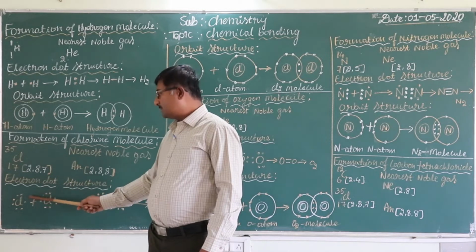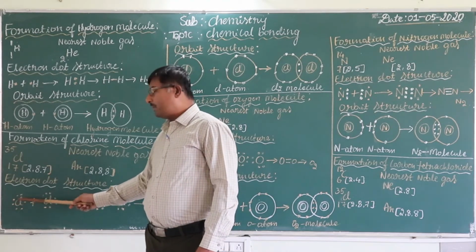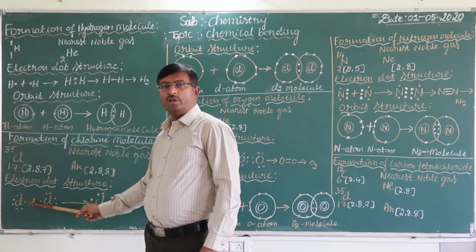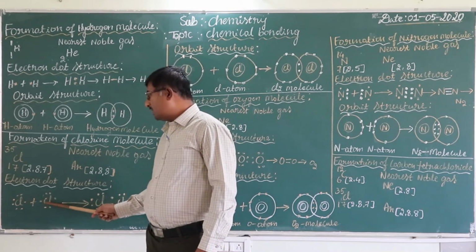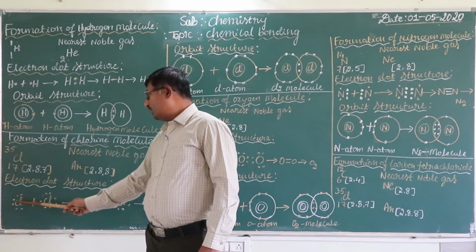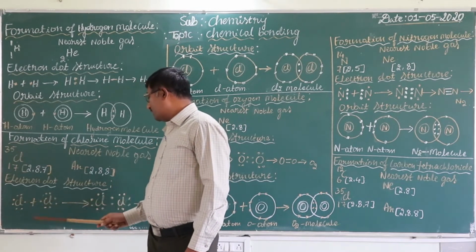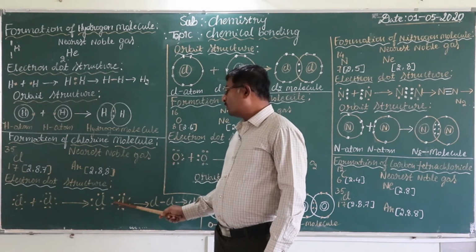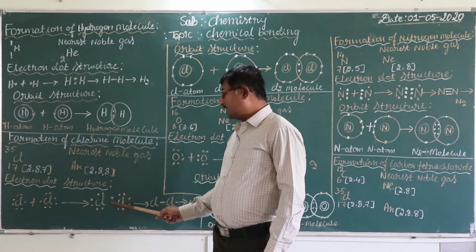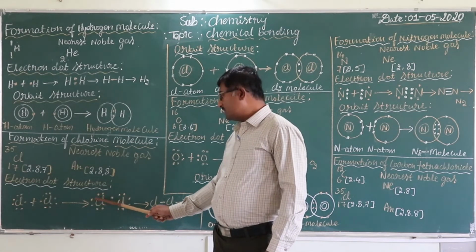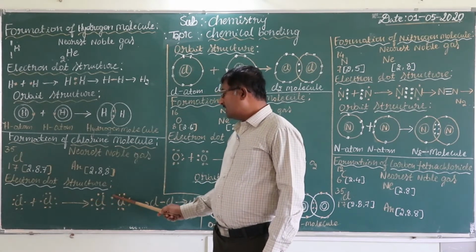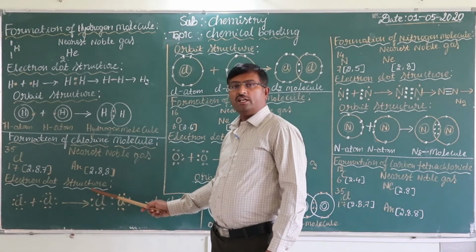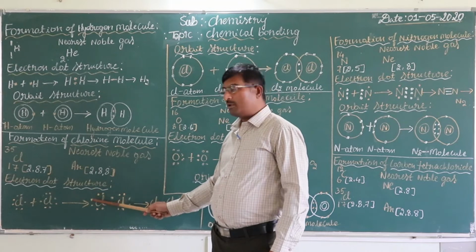Already in the last video I explained, any atom while forming a covalent bond, if it has 7 electrons in the outermost orbit, one pair of electrons is shared between the two atoms. So when two chlorine atoms combine together, one pair of electrons will be shared between the two chlorine atoms. When one pair of electrons is shared, this chlorine atom will think, these 2 electrons belong to me. So I have 8 electrons in the outermost orbit, I am in stable configuration.